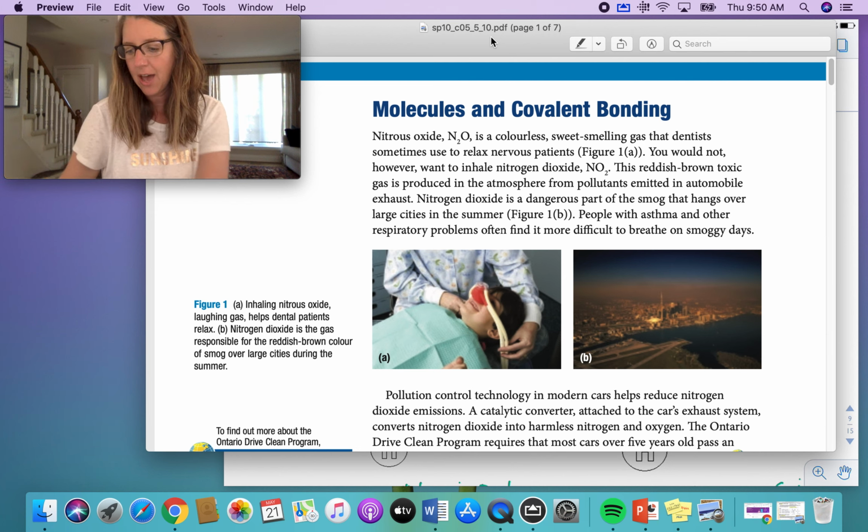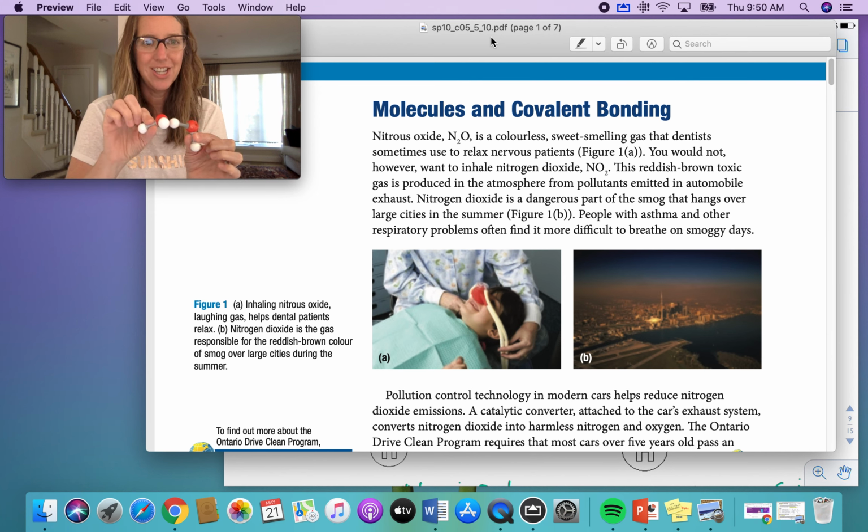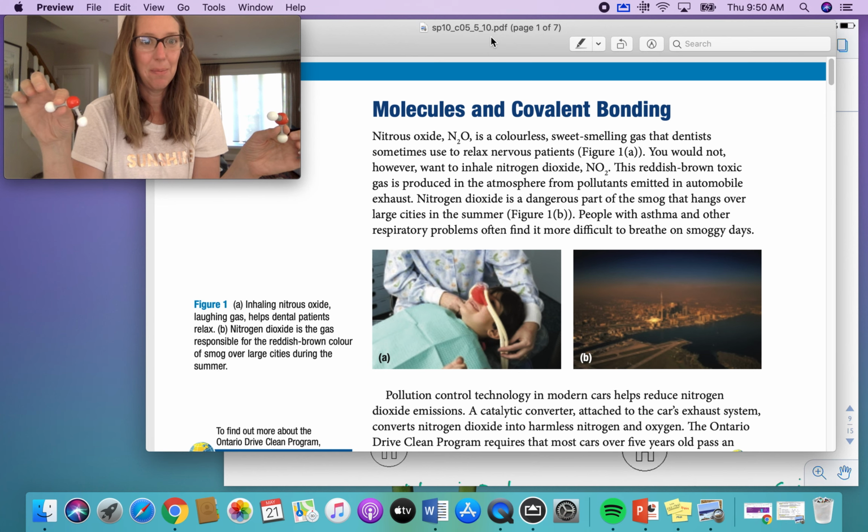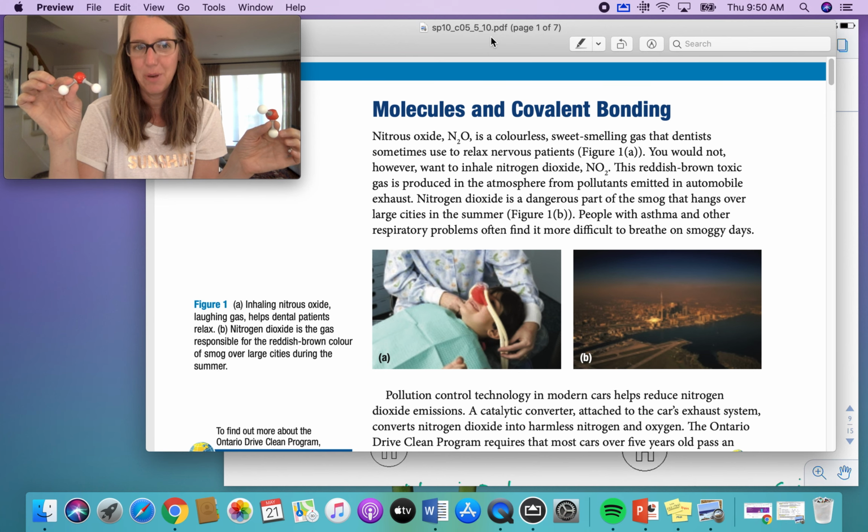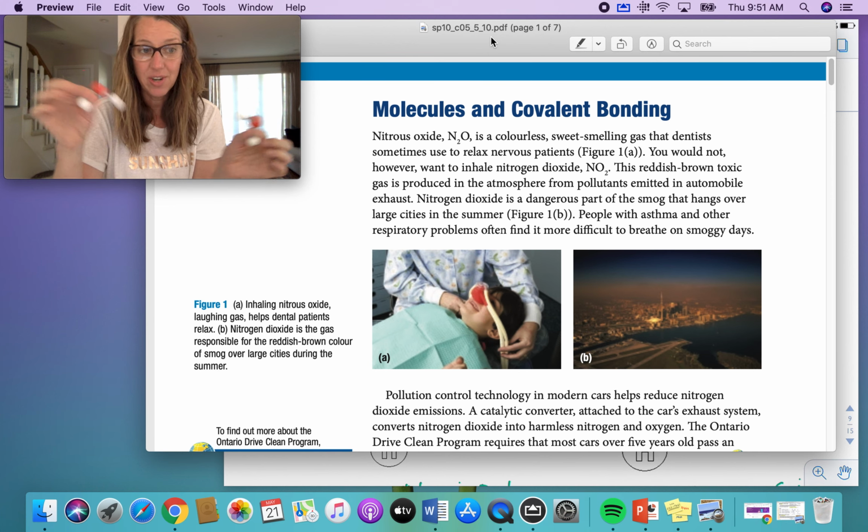But when you're looking at water, well, that's a pretty weak bond to be able to boil water and separate those water molecules. It doesn't take too much energy, right? How much energy? 0 degrees to go from a solid to a liquid. 100 degrees Celsius to go from a liquid to a gas, okay? So there's lots of information that you need to know, but we're just going to start with doing our naming,